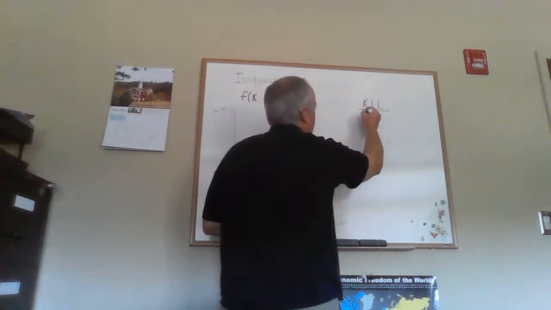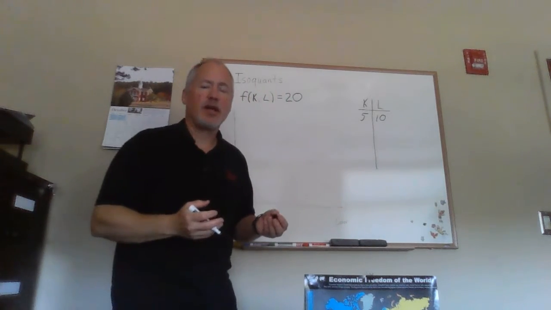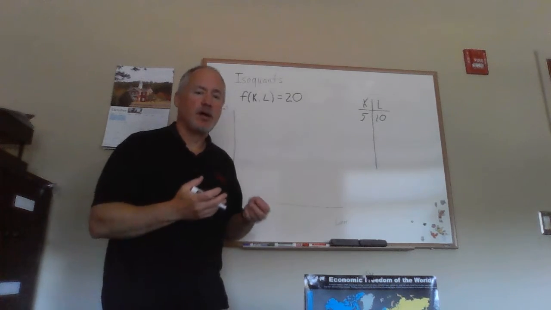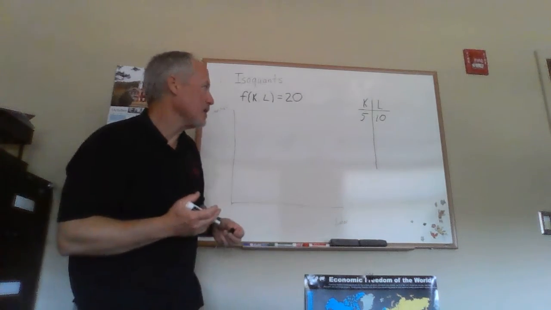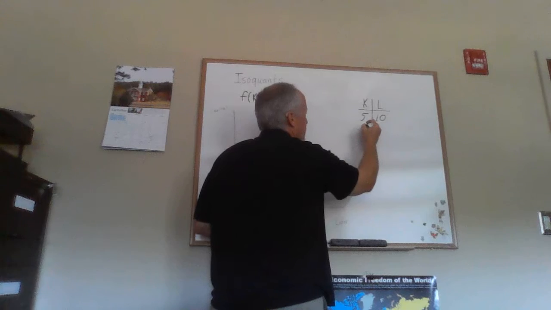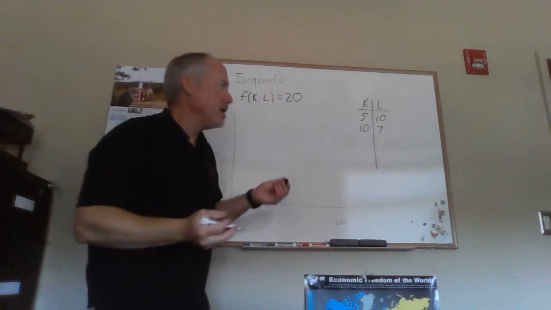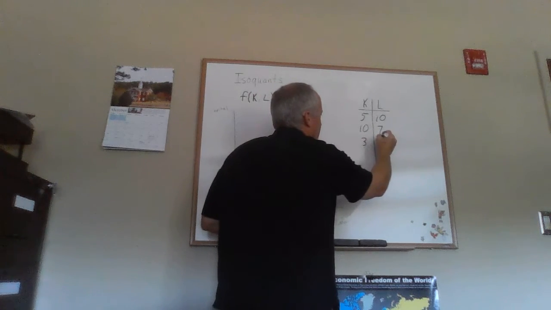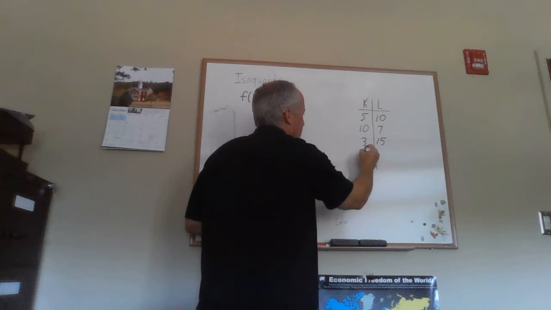And then I give you one answer here of maybe 5 units of capital and 10 units of labor would work for that. And one way to think of that is that's one recipe you could use to produce 20 units of output. But maybe there are other recipes. Maybe you can substitute capital for labor. And if you substituted capital for labor, then maybe you'd end up at a point like 10 and 7. And then if you substituted some labor for capital, maybe you could produce with 3 and 15 units of labor. And maybe you could also get up here to